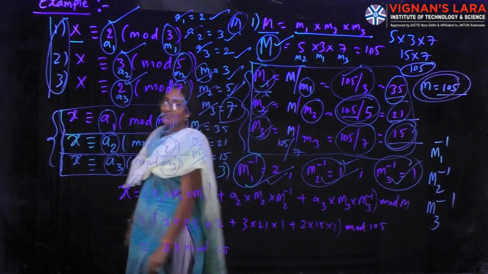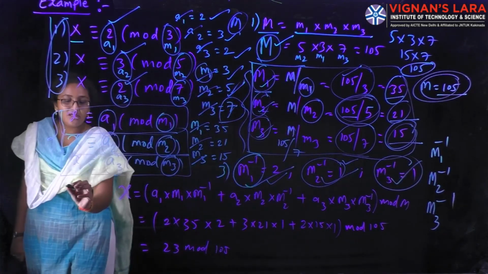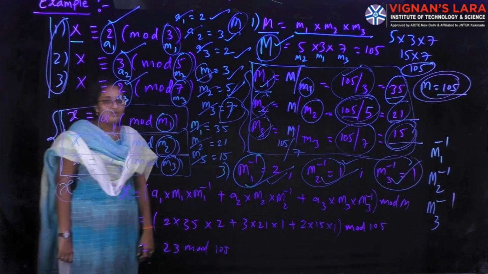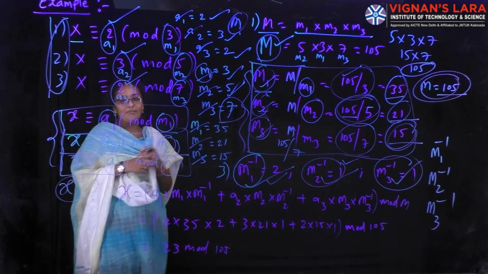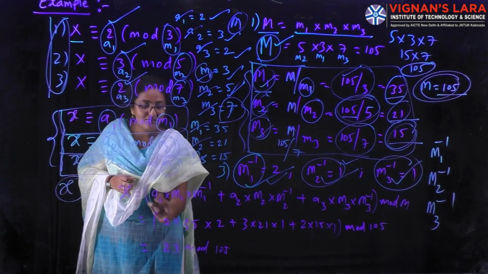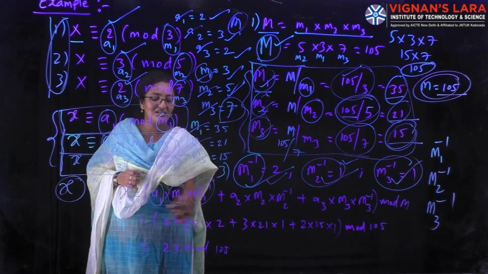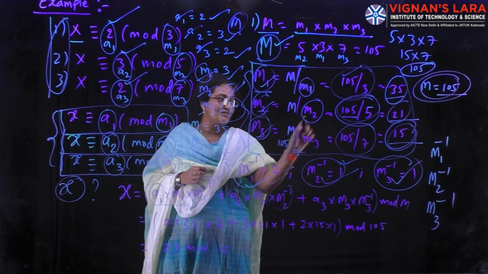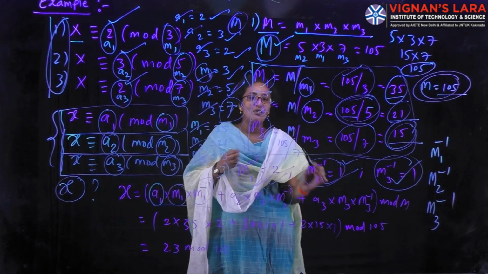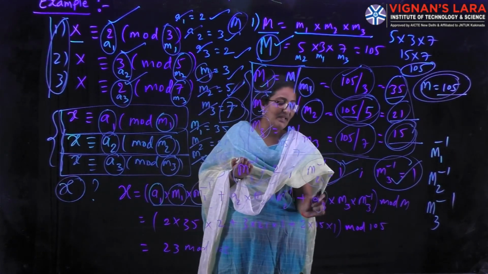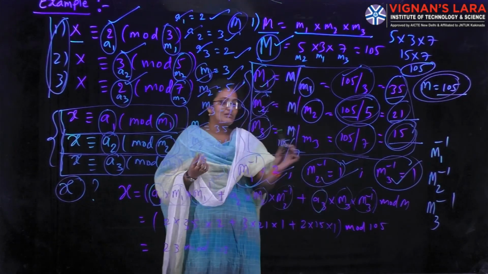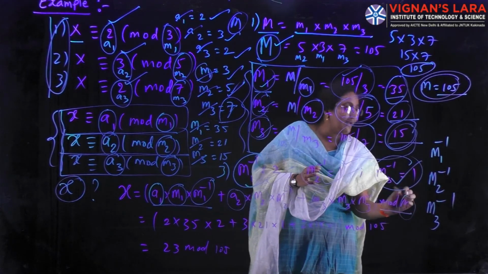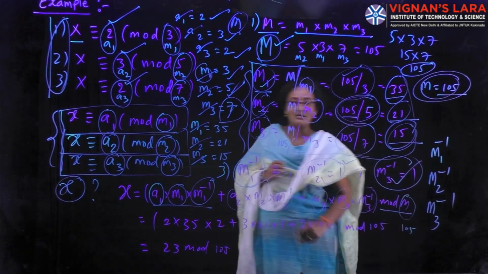Now what is the final statement of the Chinese remainder theorem? You need to compute the value of x. If you find the value of x, the Chinese remainder theorem will be completed. So what is the formula to compute the x value? A1 into M1 into M1 inverse. All these three values we have computed just now. In the same way, A2, M2, M2 inverse, which we have also computed. Since we have only 3 equations, our last term will be A3, M3 and M3 inverse. This also we have computed. Finally, we have mod M here, and this capital M value 105 we just computed.